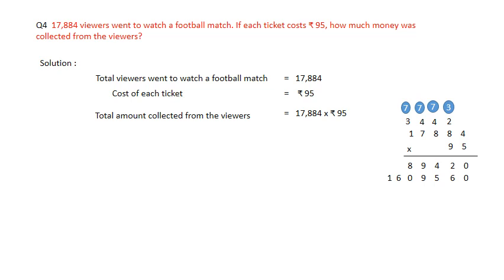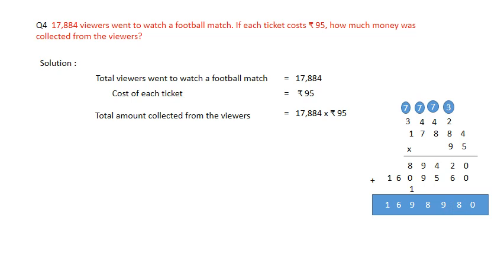Now what we'll do, we'll multiply by 9 here. We have placed 0 and 9. 9 4s are 36, 9 8s are 72, 72 plus 3 becomes 75, 9 8s are 72 plus 3 becomes 75, then 9 7s are 63, 63 plus 7 becomes 70, 9 1s are 9, 9 plus 7 becomes 16. Now we will add this. What is the final answer here? 16,98,980.